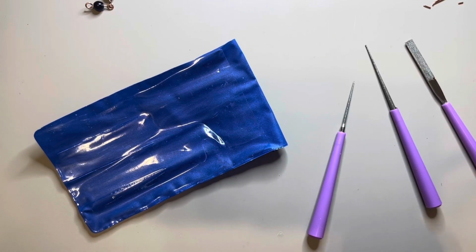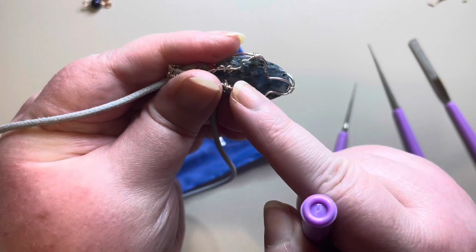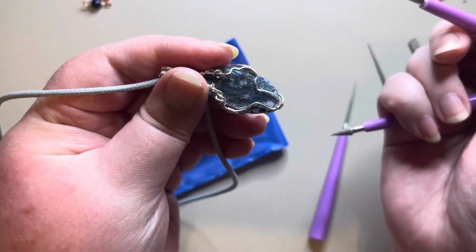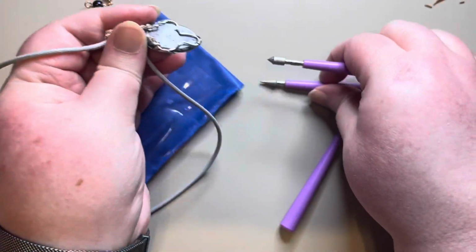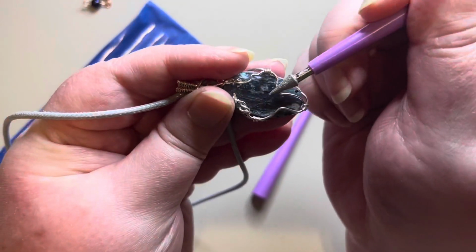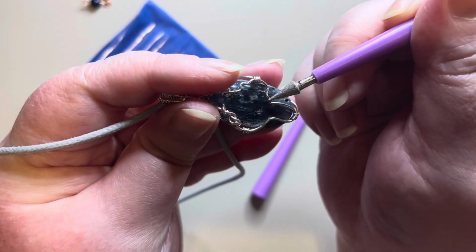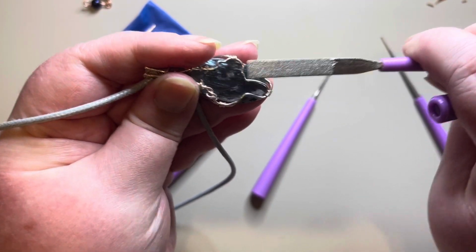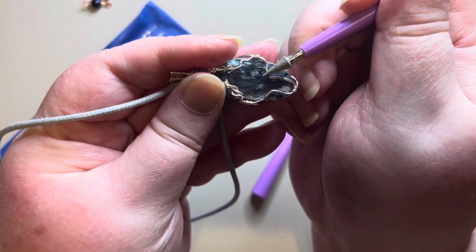Say I get a really sharp little edge on the back of one of my pieces of jewelry, from where my pliers kind of nicked it. What I would do is go in with this tool and just file, and with these pointed ones I can really get in here. You could do it with this one. It would be hard, but you could do it with this one. Or you can get in there with this,